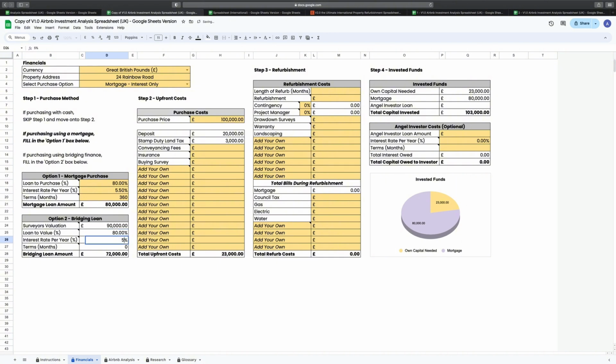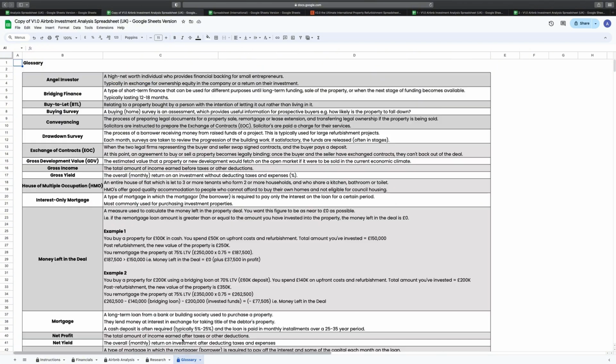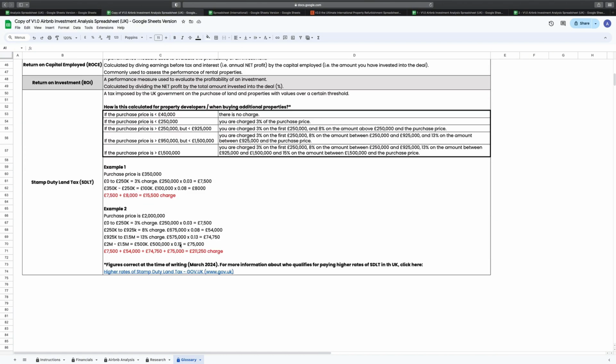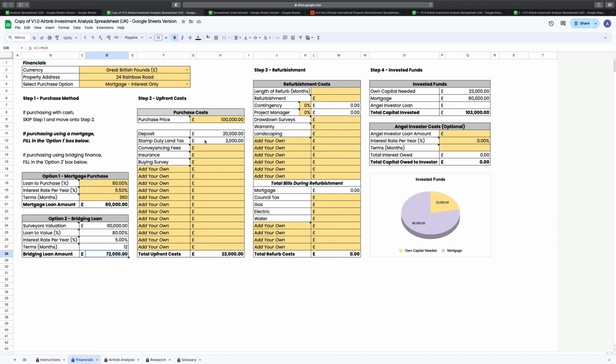Next, we look at the column to the right, purchase costs. This section automatically calculates the deposit based on the loan to value in step 1 and the stamp duty land tax. Please bear in mind that this calculation is based on the higher tax bracket for purchasing additional properties in England. The tax brackets are explained in the glossary tab if you want to find out how much you'll be charged. You also have plenty of room to add your own upfront costs, such as auction fees, bridging finance fees,